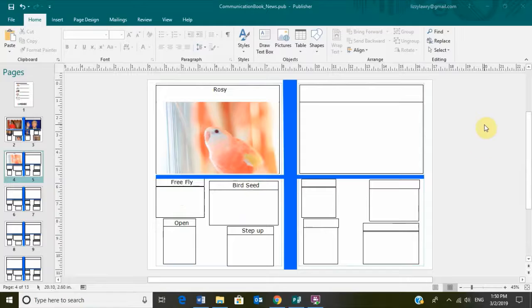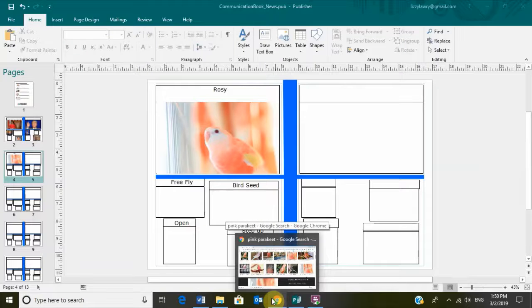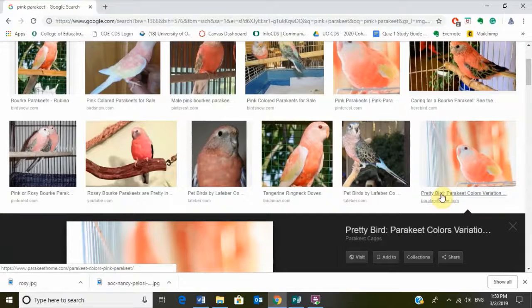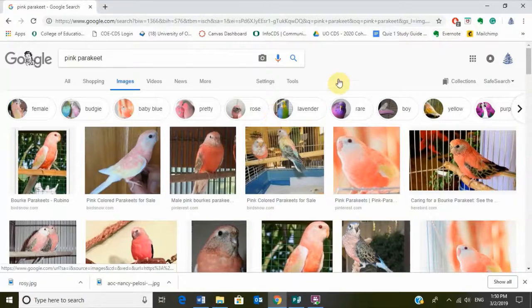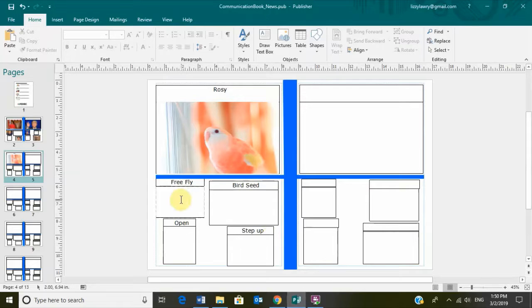All right, so let's go ahead and learn how to do that. Now there's one way where I could go into a separate browser like Chrome or something like that and type in the word that I want and then just copy that picture and paste it into my document. That's totally a way to do it. If you don't like switching between programs though, I'm going to show you a way so that you don't have to switch between them. All right, so first thing I'm going to do is I'm going to go to Pictures,